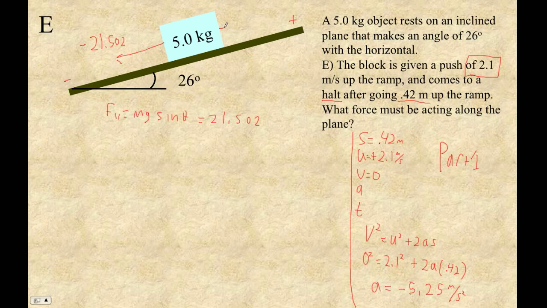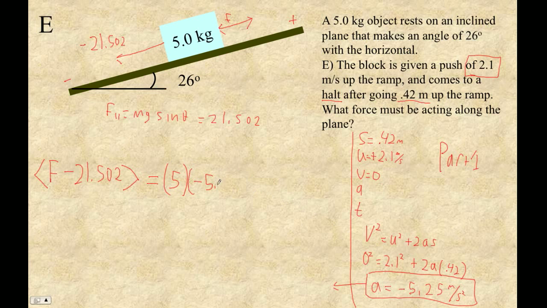You've got an unknown force. I'll say I don't know which way it is. And we've got an acceleration down the plane. We're going to take this acceleration and use it over here. So now let's look at our force situation. We've got an unknown force, always make those positive, minus 21.502. Those are our forces, unknown force in this,